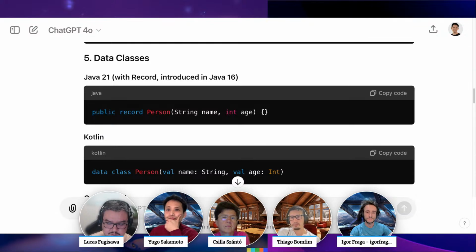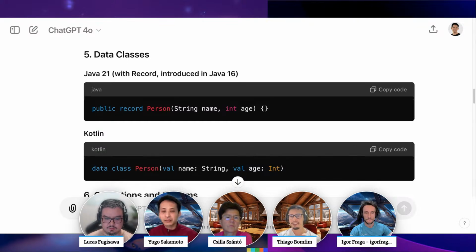Does that make sense? They have the same thing as records here, Thiago, the data class. In terms of functionality, that's really the same, but in terms of the underlying bytecode structure, I'm not sure. So I think Thiago's question makes a lot of sense.